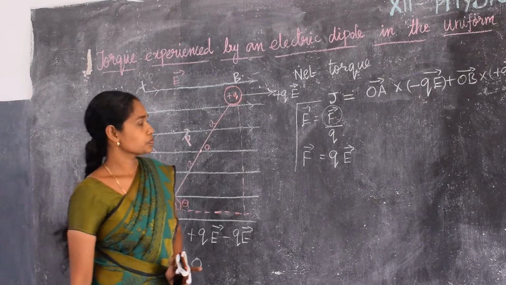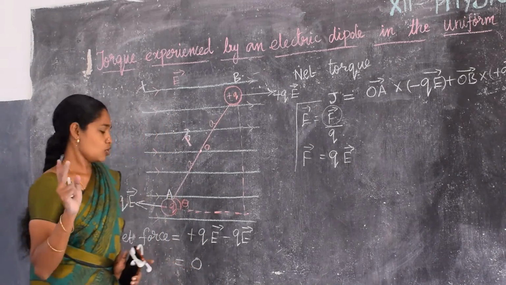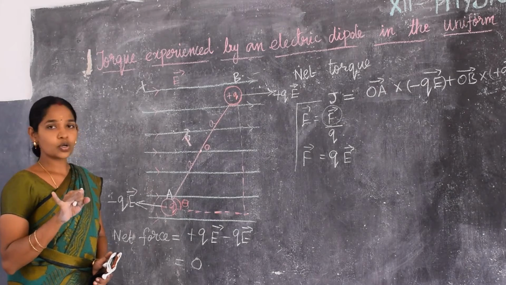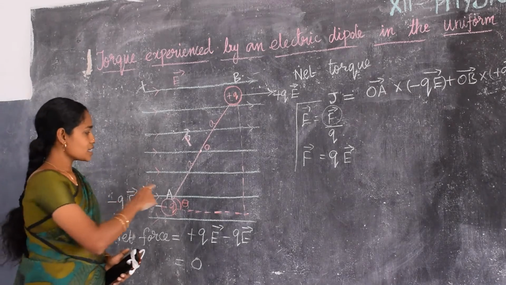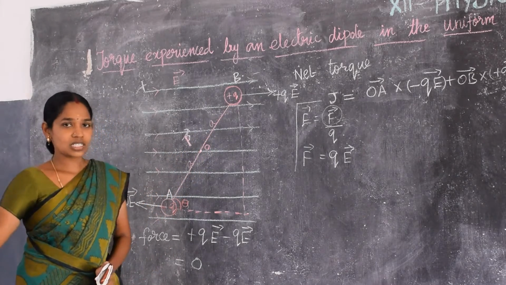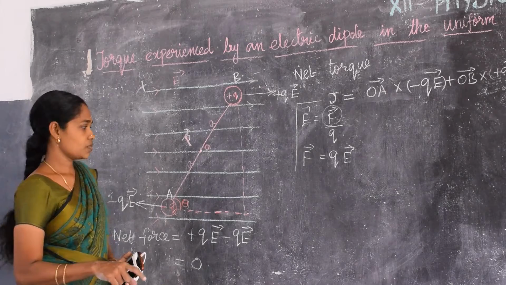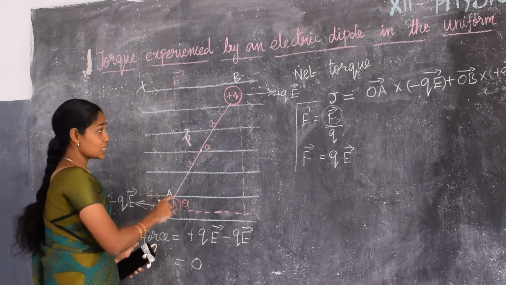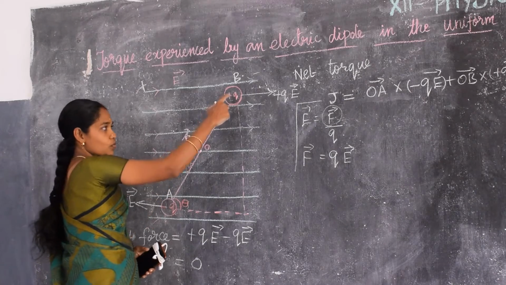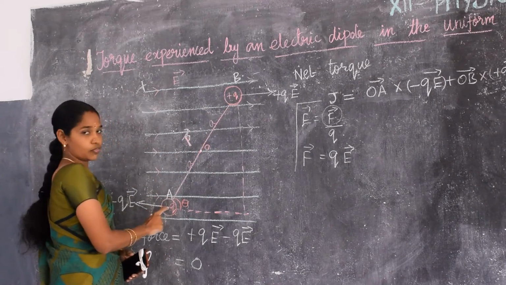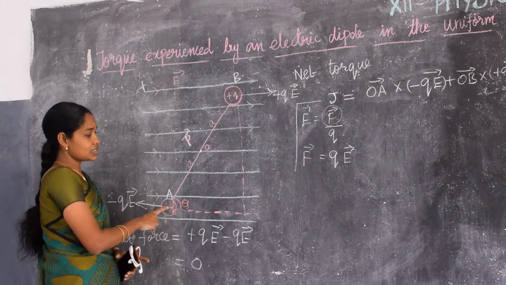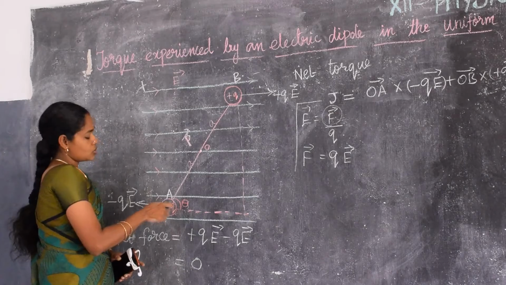What will happen? There are two types of motion. One is a translation motion, another one is a rotational motion. So if there is a net force means then the body moves in a straight line, that is translational motion. If there is no net force but a couple of force here, what is couple? Two forces acting at two different points will make a couple, isn't it? Already we studied in this 11th standard physics. So what is couple?